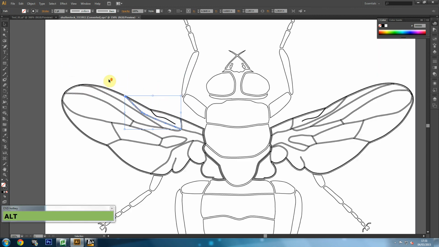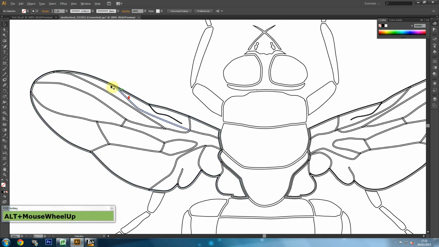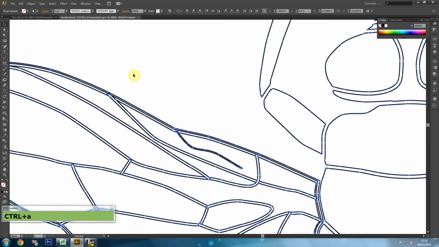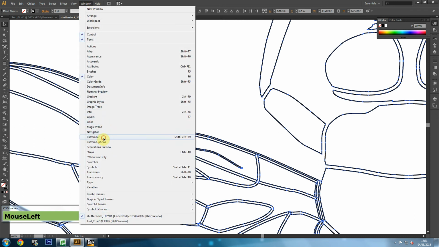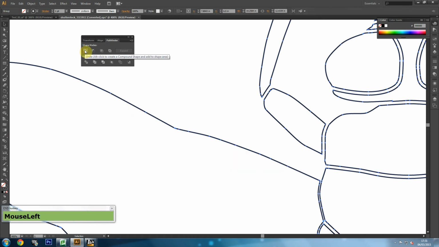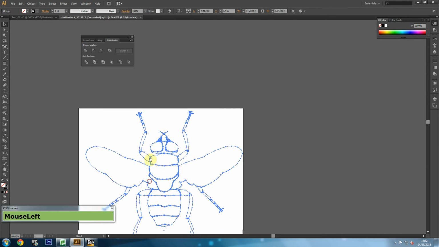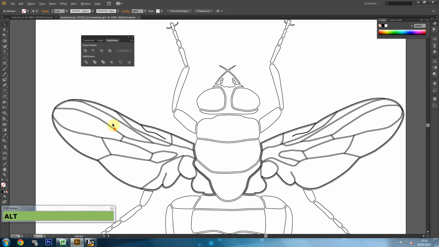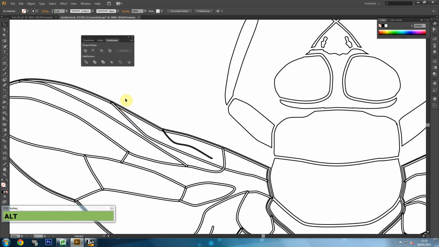And if you think you have overlapping edges that shouldn't be overlapping, feel free to select everything and then go to Window, Pathfinder, Unite, and that will give you the silhouette that you need. However, if your problem is only here, between these two lines, and you don't want the intersection, then you could just unite that and create that additional